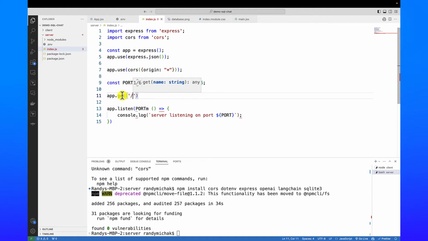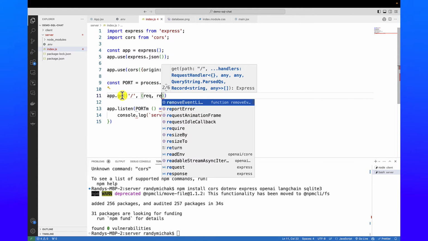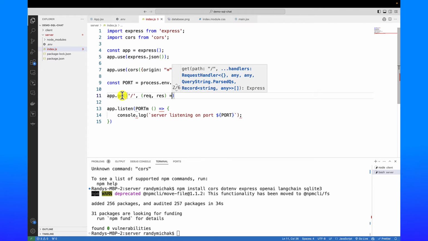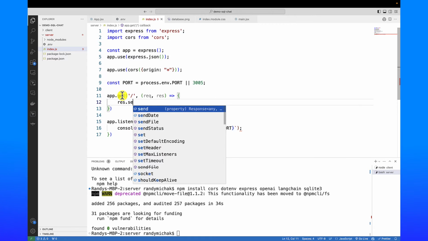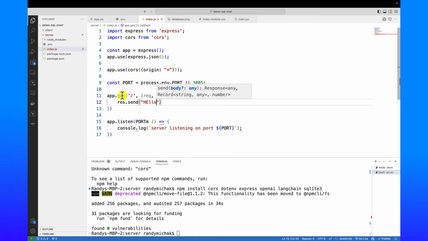And we're saying if anyone requests just a simple request to the server without any additional details, then we're going to return back hello world. All right. So now that we have that,